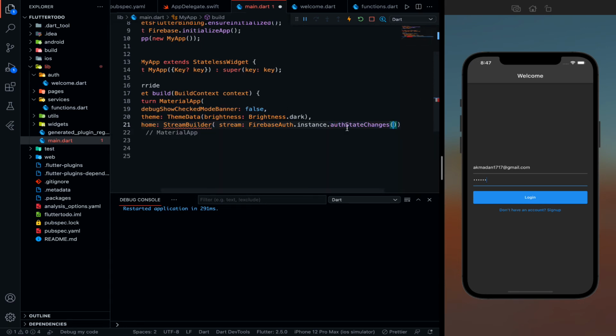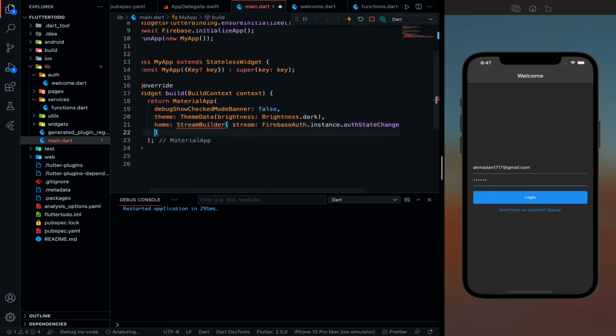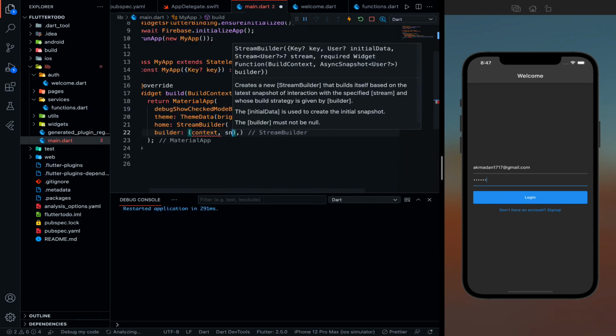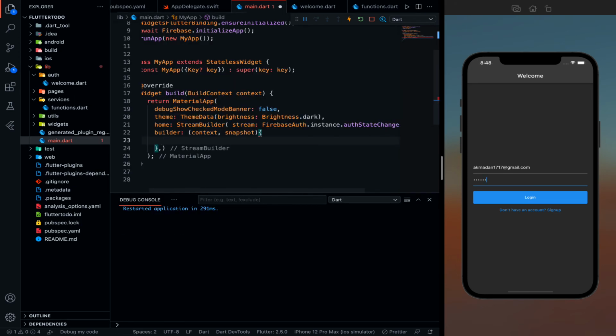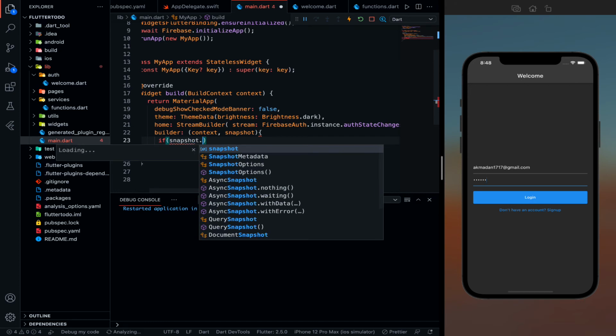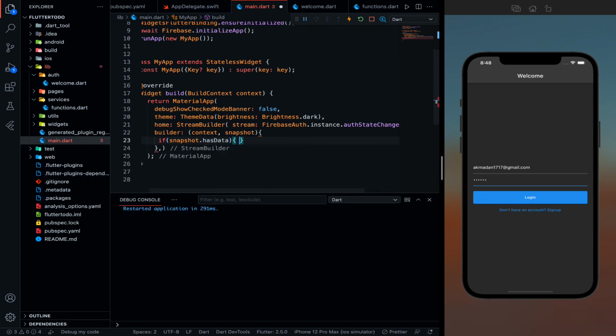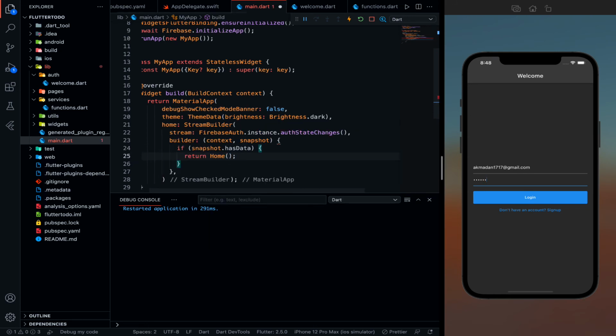So that means if my authentication state is changing, then let's define a builder context comma snapshot. If my snapshot is having data, that means if the user is logged in, so let me just write if my snapshot dot has data, then return home screen, else return the welcome screen.